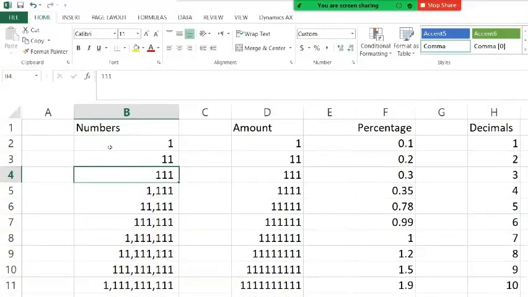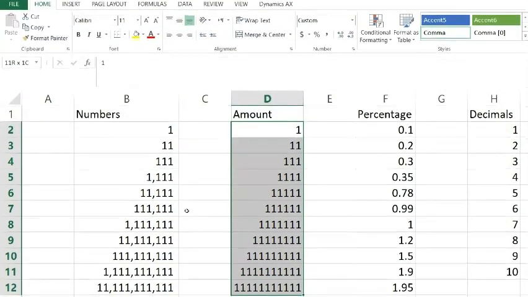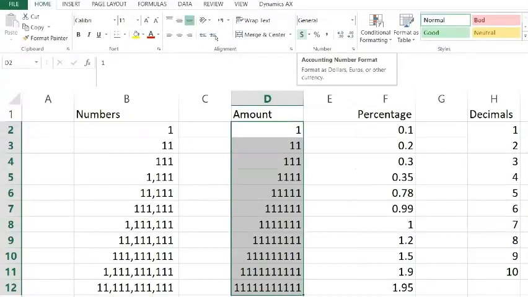Now here we have got numbers, but we are not sure whether this is just a number or whether it represents an amount. So if you want to clearly highlight that the data in a particular cell is an amount, you can select the data set which you want to convert to amount and just click on this $ sign. This is the accounting number format.